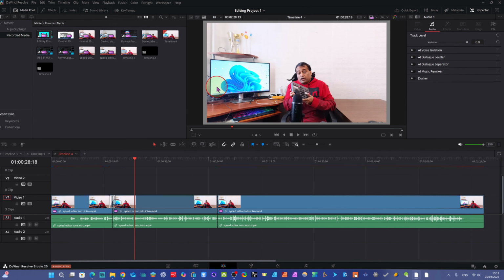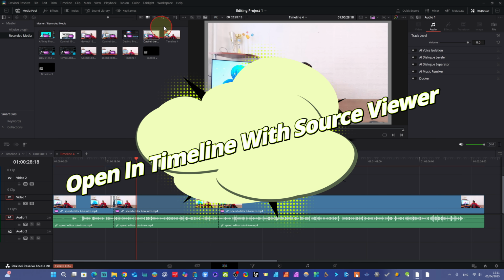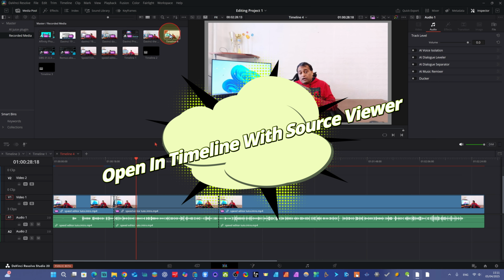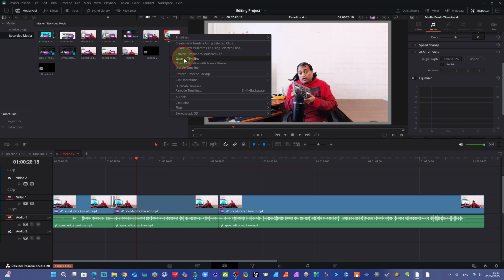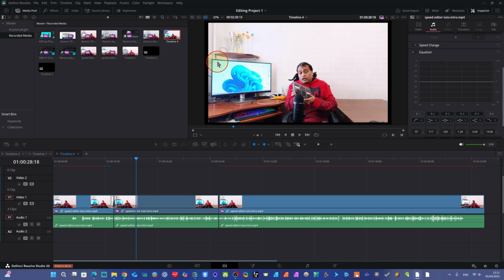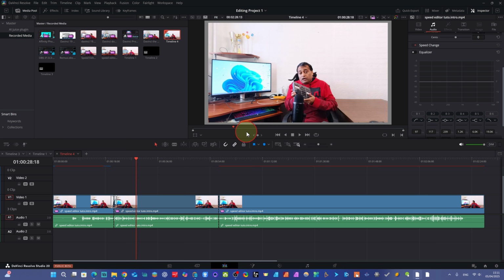Now for the timeline there is a new open in source viewer option. For example, I have timeline 4 here, and we click here. You see, open in timeline with source viewer. You just click here. We have opened this, and the color has changed here. Actually this is the source viewer, and when you double click here, it will open in the regular timeline viewer. So you see the color has changed.